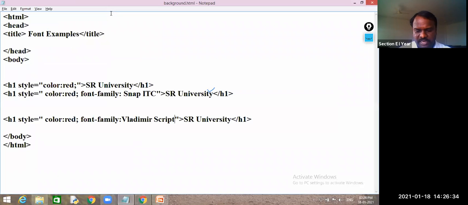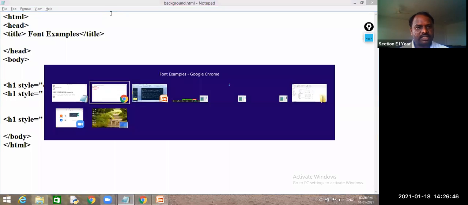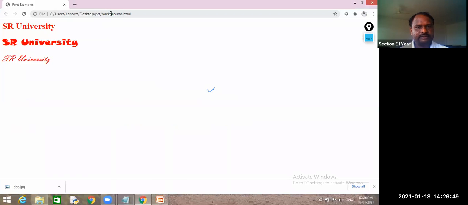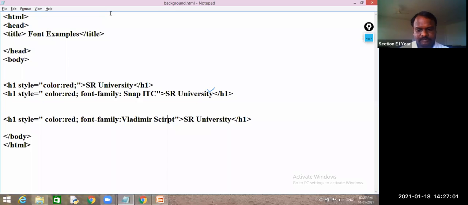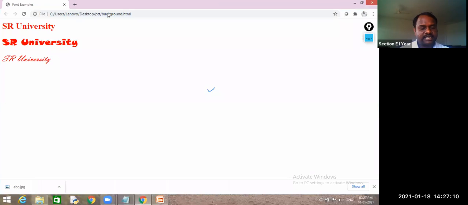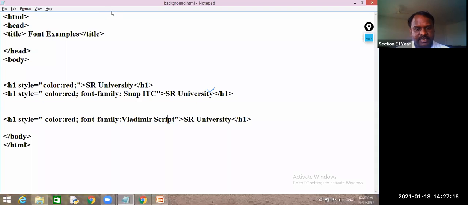And if you give a spelling mistake, like SCRIRPT, you thought it is the correct one, but I have changed it. So if you change it, can you tell what output it will print? If the name is known to your browser, it will display in that format. If it is not known, then it will display with the default style, but it won't return any error. Is it clear? So if it is not displaying in your expected format, then either your browser cannot understand that format, or you have a spelling mistake. Is it clear?